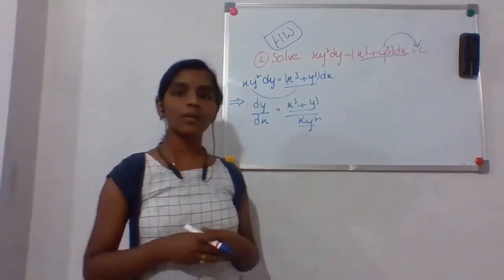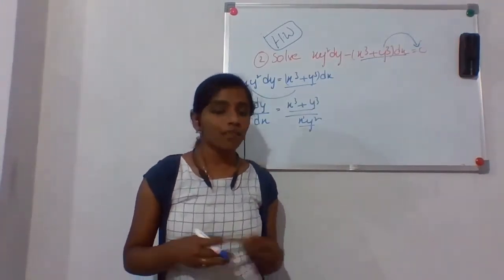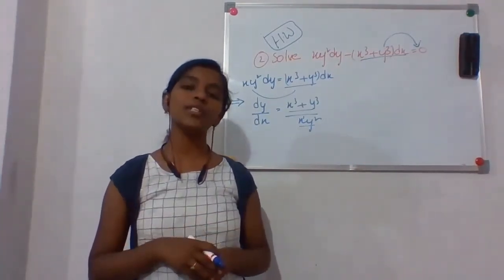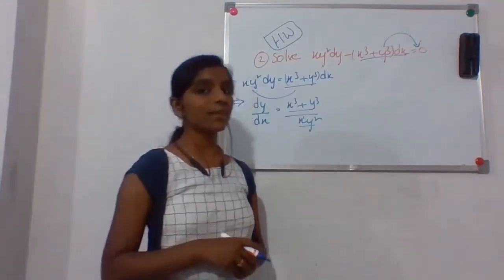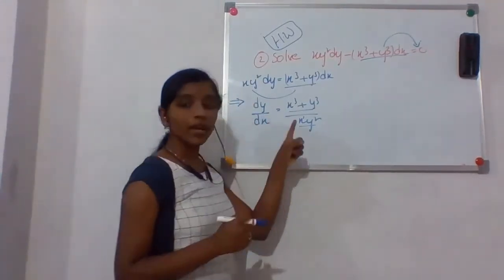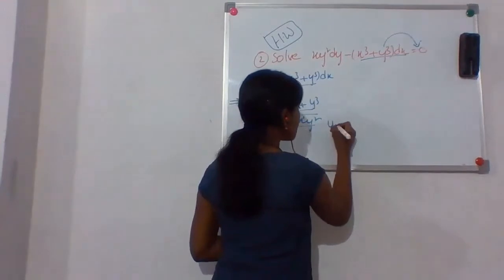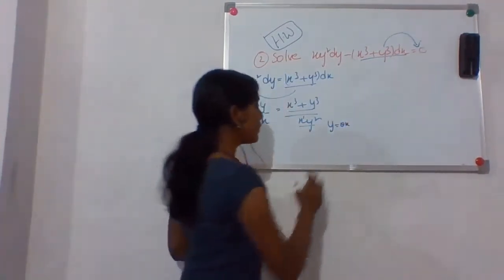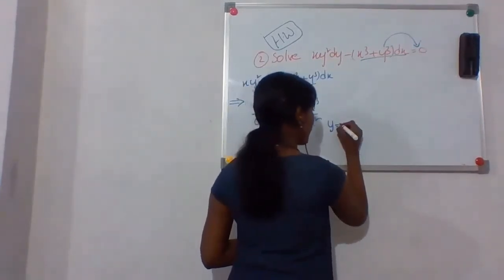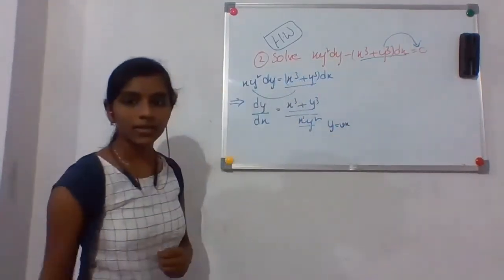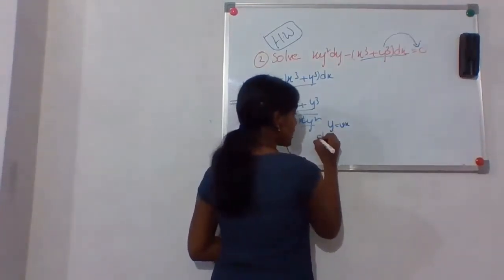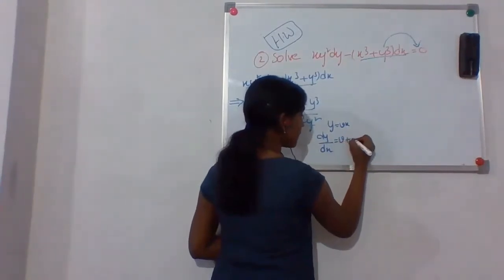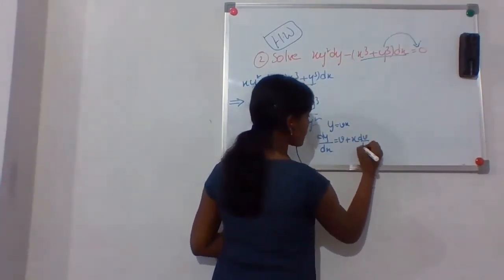So, as I told you in my previous class, how do you solve a homogeneous differential equation? What is the first step of solving a homogeneous differential equation? The first step that we are going to do is we are going to put y is equals to vx. Am I right? This is the first step. Well, let me write the v much more clearly. y equals to vx. Now, by differentiating it on both sides, dy by dx equals to v plus x into dv by dx.